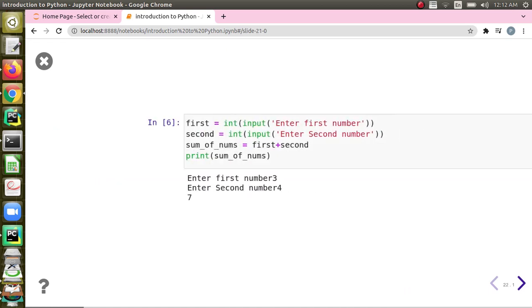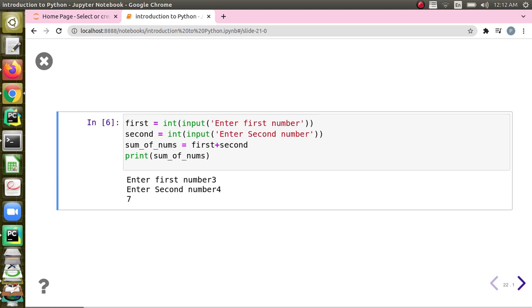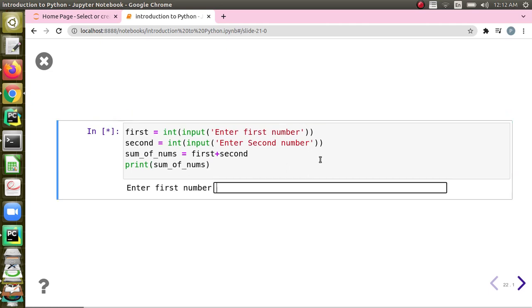If you want to convert it into integer or float, then we have to explicitly do it. See, here you can tell int of input. And one more thing is, you can give an optional argument for input. If you give an optional argument, that will be the interactive message that comes when we wait for the input.